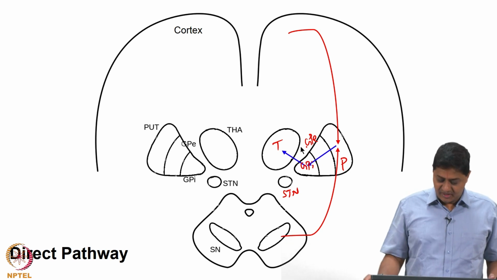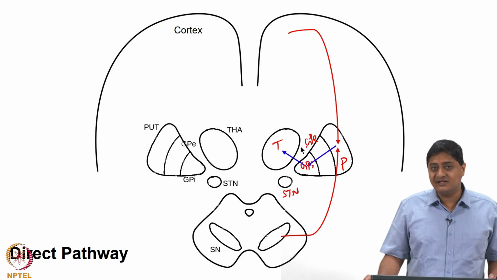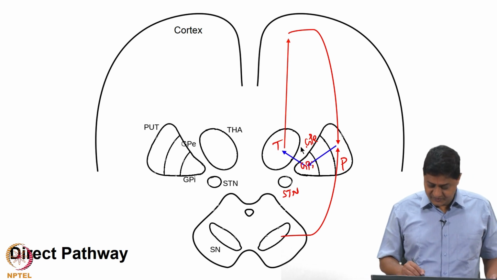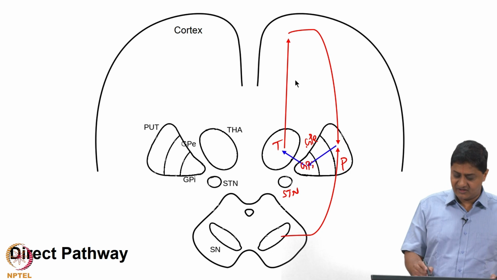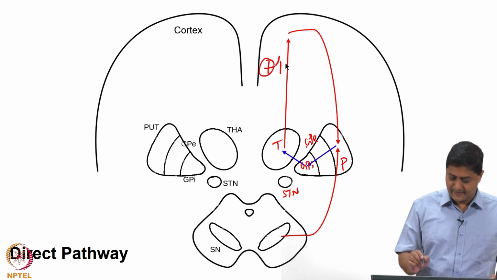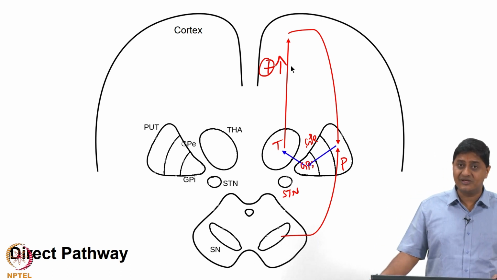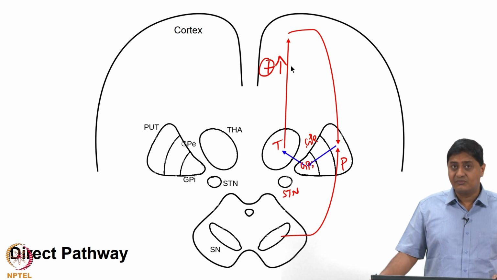GPI is tonically inhibiting the thalamocortical neurons, and that tonic activity is transiently inhibited by the excitatory inputs coming in from the cortex and the nigrostriatal pathway. So, essentially this direct pathway excites the activity of the thalamocortical neurons or disinhibits the activity at the thalamocortical neurons. So, that means from the thalamus to the cortex there is an increased level of excitation. So, that happens, an increased excitation level happens. So, the possibility that there is going to be excitation at the cortex is increased by the activity of the